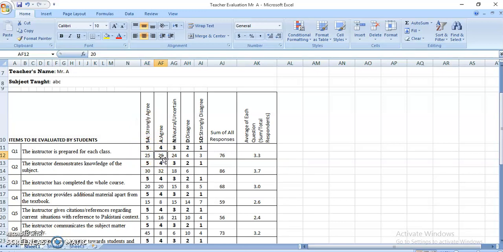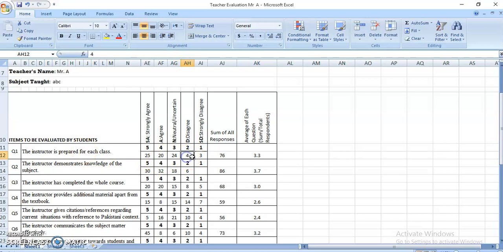20 means that 5 students assessed him in the agree column. 24 means that 8 students, 8 multiplied by 3, evaluated him neutral, that is, they didn't give any opinion about this teacher.